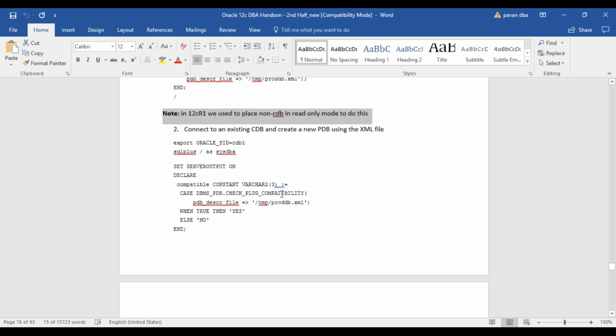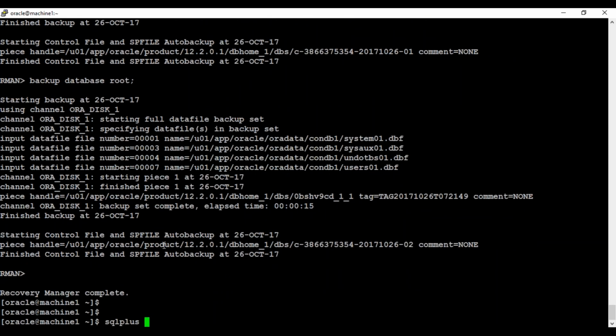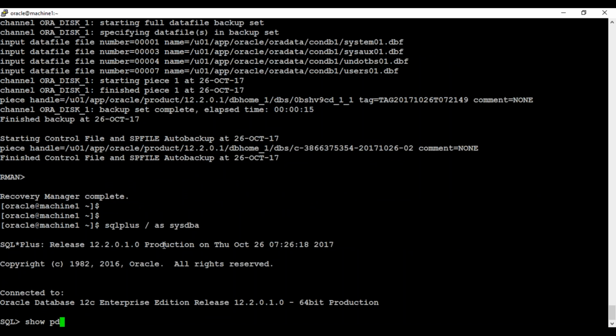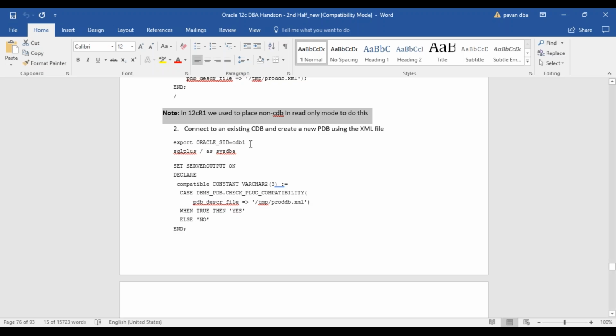Then you need to connect to the container database into which you want to convert this into a pluggable database. For example, I want to add that database into this ConDB. Already in ConDB, I have three pluggable databases. I want to add that non-container database as the fourth one. So what we need to do for that, of course, first we need to connect to that container database. I have already connected. Then you need to say,